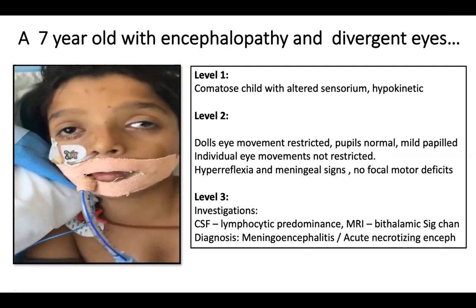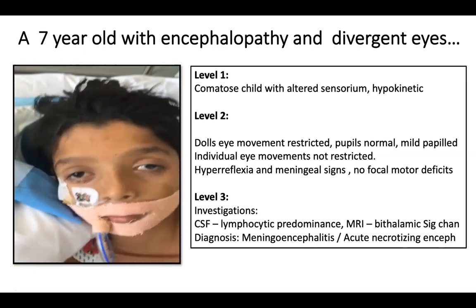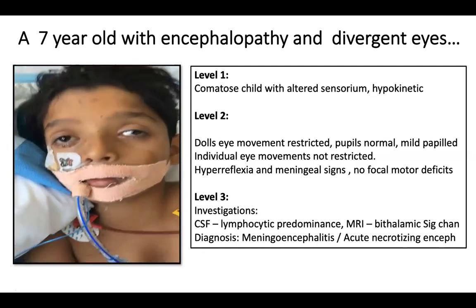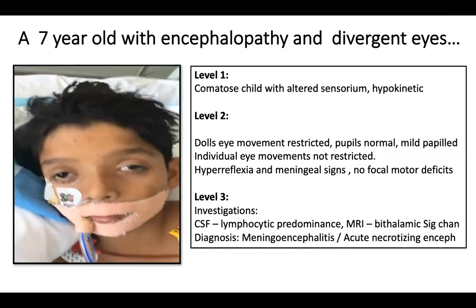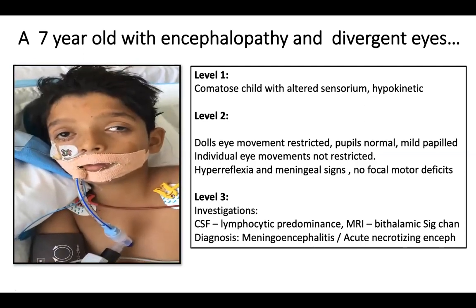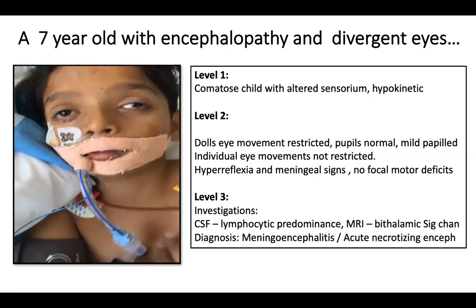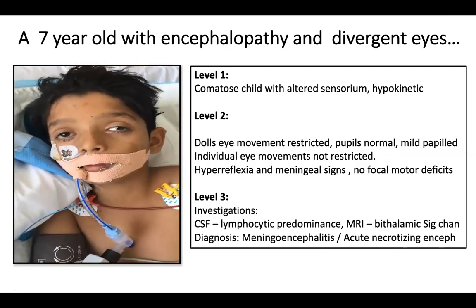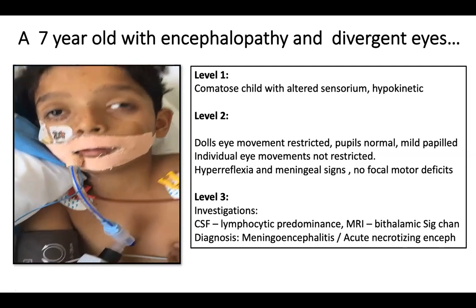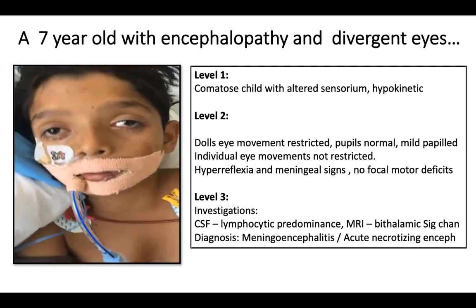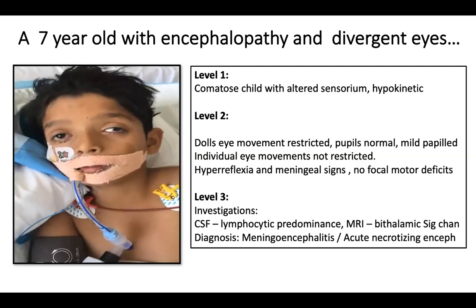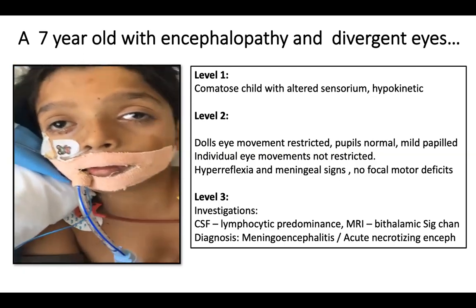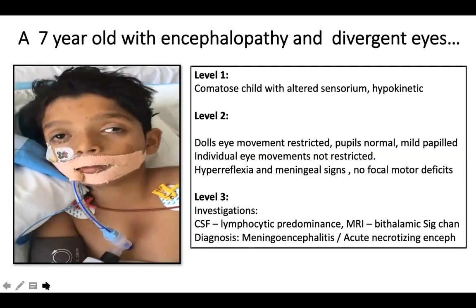So like this child with divergent eyes in an ICU, there can be many eye signs, many restricted eye movements, or many intrusive or excessive eye movements in children with encephalopathy in the ICU. It's a different topic per se, but one thing we need to understand is that if the eyes are tonically fixed towards one side, you may be called as a neurologist or pediatrician to the ICU, told that the child is having a seizure because the eyes are persistently fixed to the right side or to the left side. So how would you quickly understand where the problem is? We'll see in the next video.